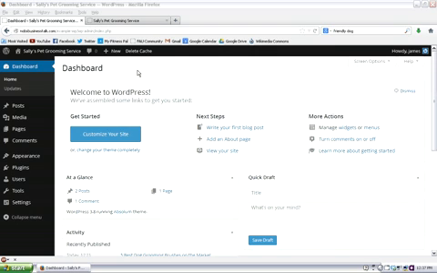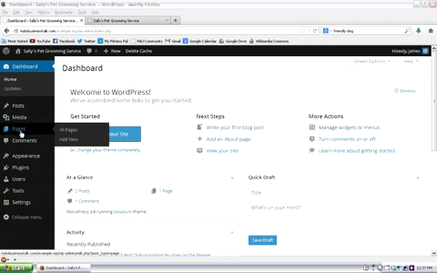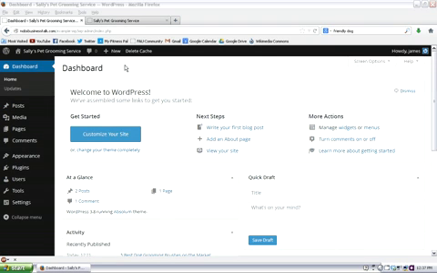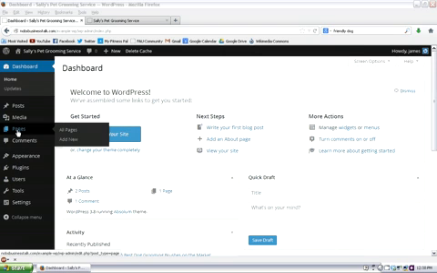Now just a quick idea of what the difference is between a post and a page, because they look very similar, but the idea behind them is different. A post is a blog post where you're constantly updating. It's going to have the date on it, it's going to be under a category, it's going to have tags. With a page, that's more of a static page on your website, and it's not going to have a category, it's not going to have tags,